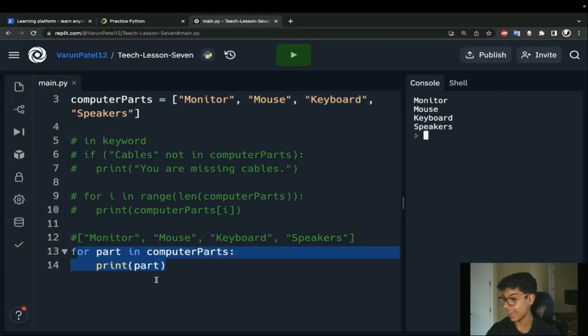Let's say I'm trying to collect some items here. Let's say I have a list, right? And it contains my phone, this Lego, a charging brick, and this lens cover. These are all 4 items within my list, so that's my computer parts list, if you will. For part, it's just going to take each item from my list.